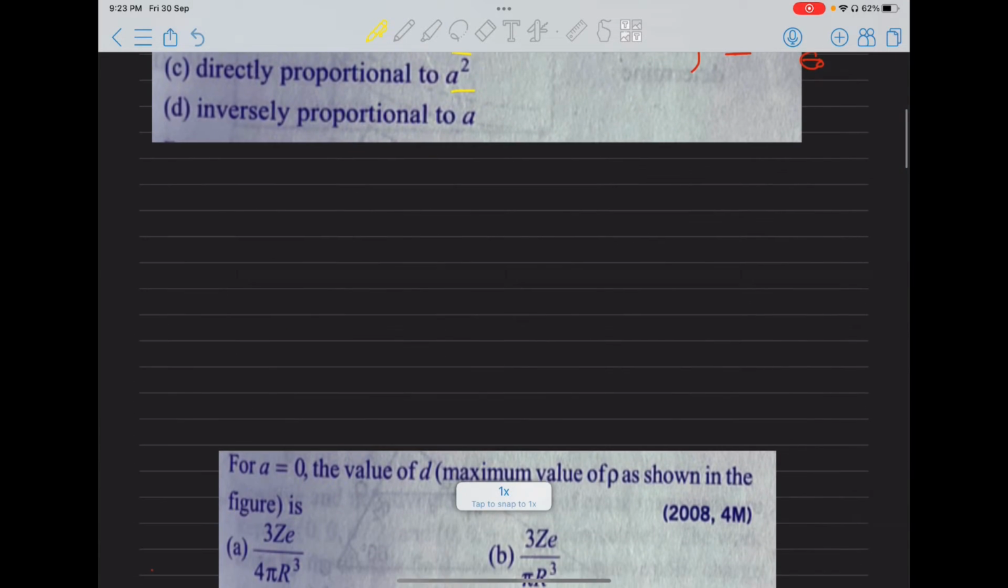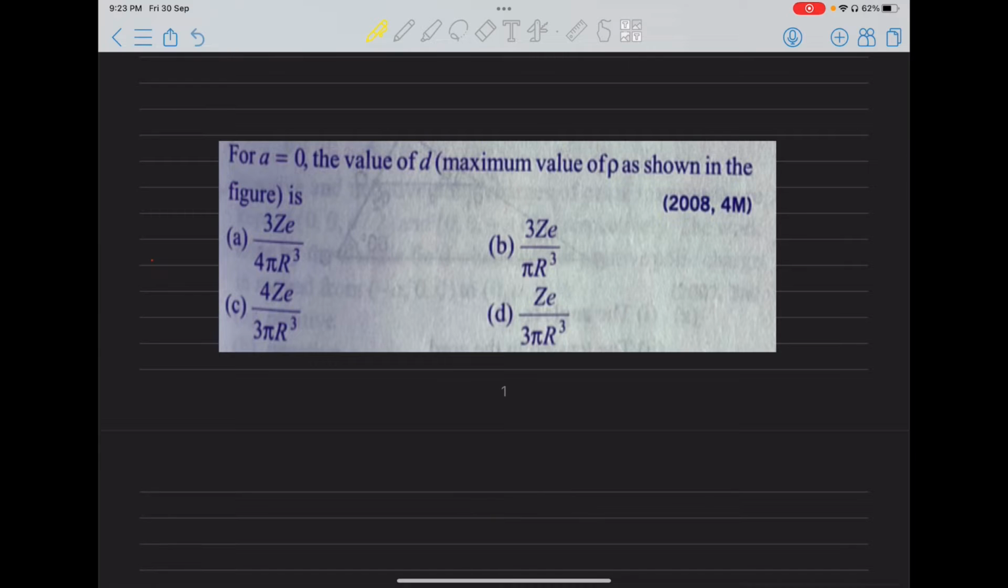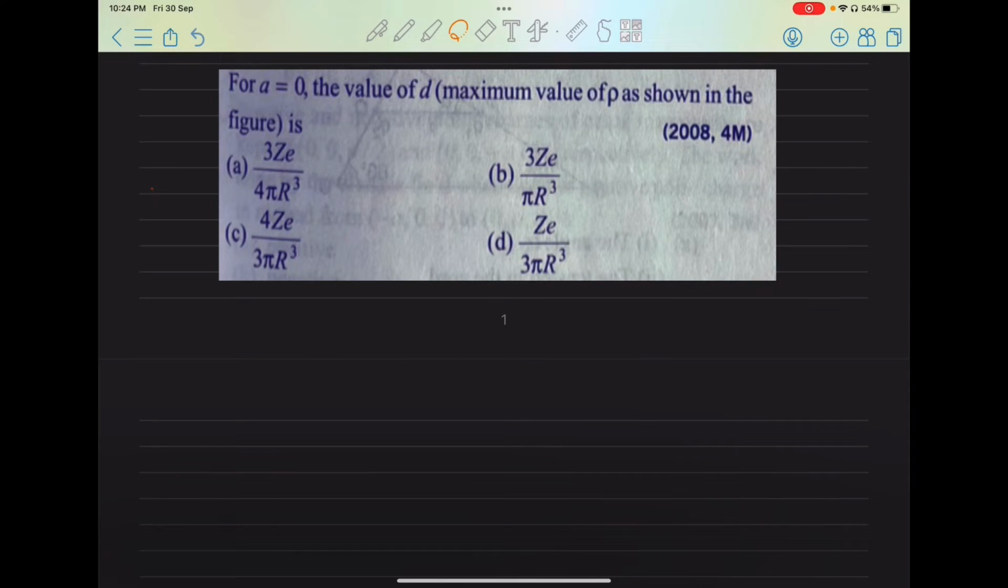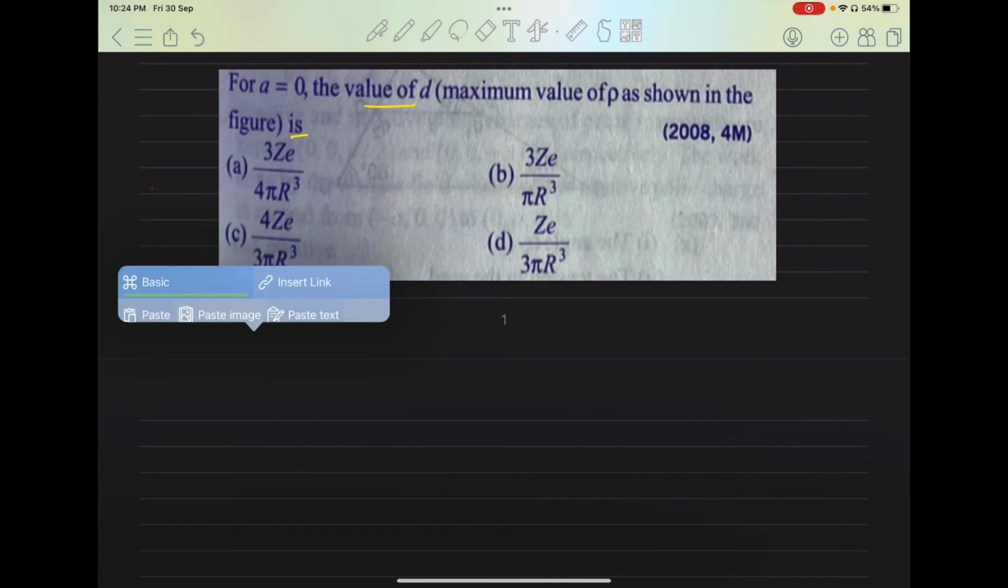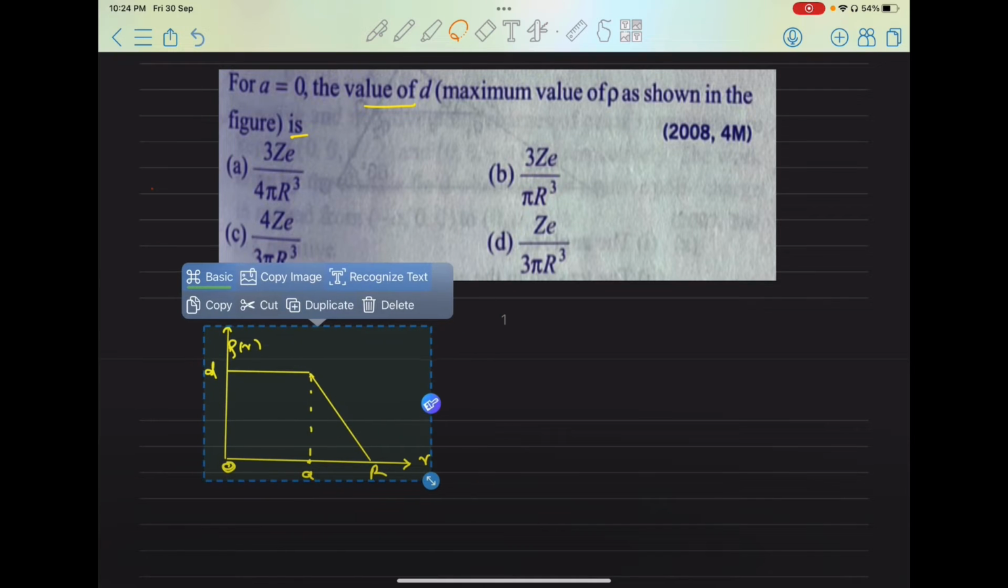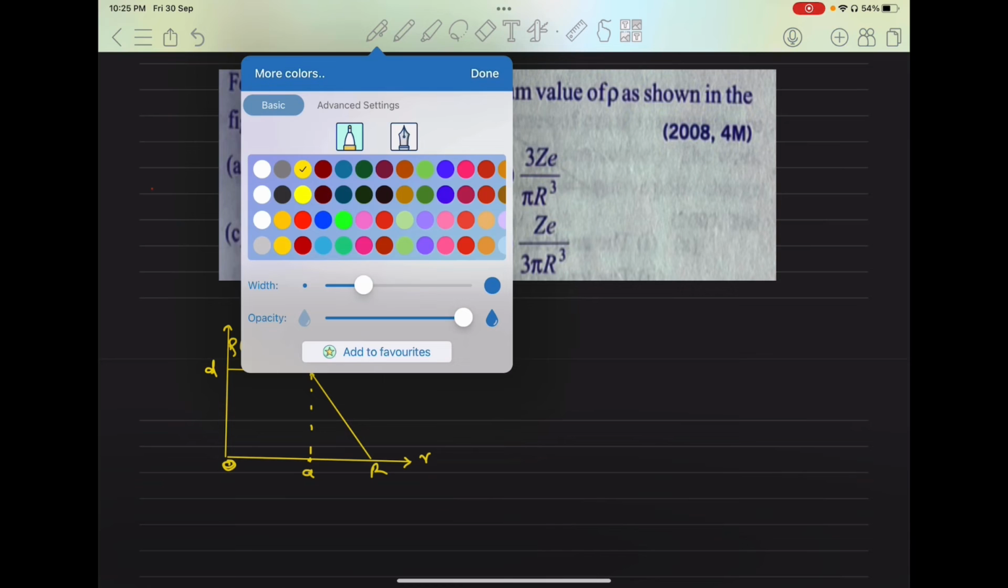Okay, so let us move towards the second problem. The second question for this passage is, for a equal to 0, the value of d, the maximum value of rho, is as shown in the figure. So first what we will do, the graph that was given over there, we'll just copy that graph. And now what we are going to do over here is